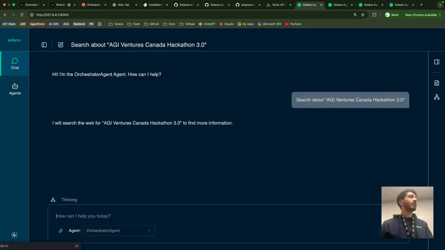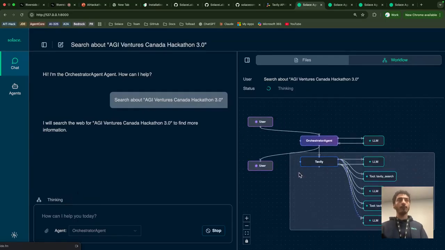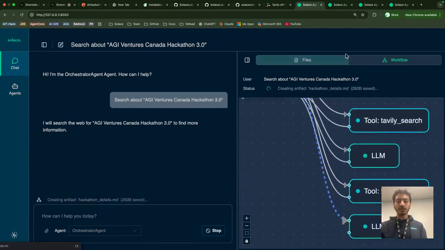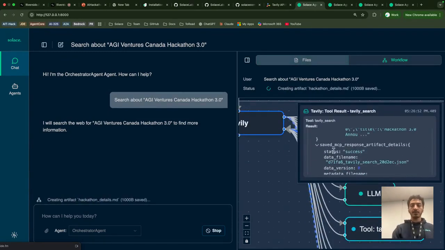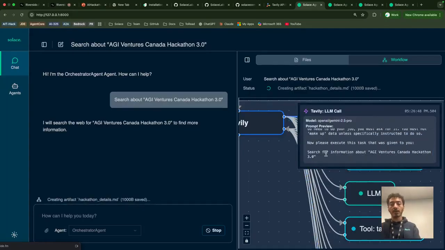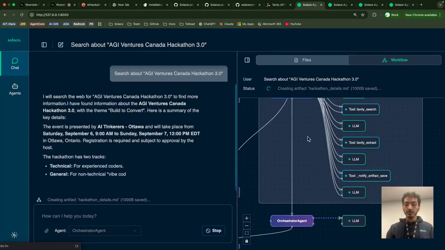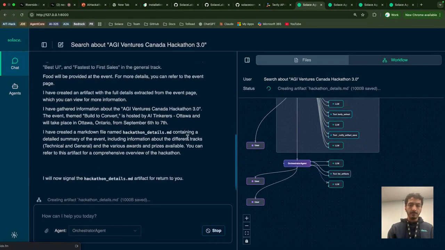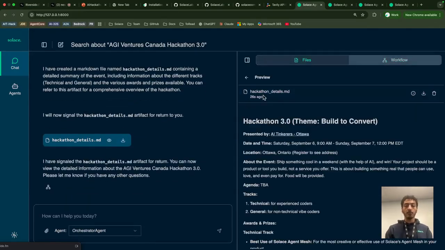But as we remember earlier, we said that we have a really good visualization that shows the system. If I just click on this button, you get a live view of what the system is doing as it's doing it. I can just click on this heavily tool, see, oh, it's returning the results and it was a success. I can easily see what the prompt was that was sent to the LLM. You can see all of that, see the responses, what it's doing. And yep, it sends us a result and also generated a file.